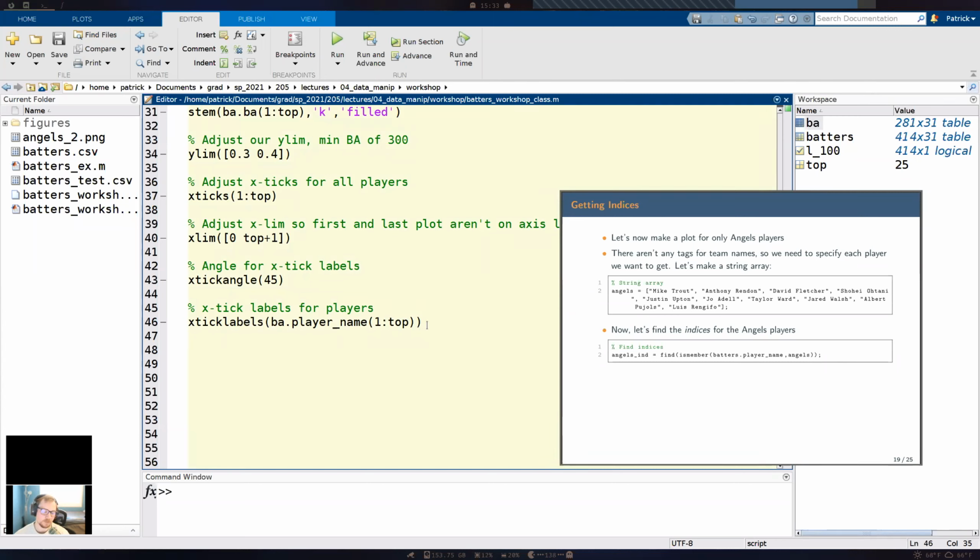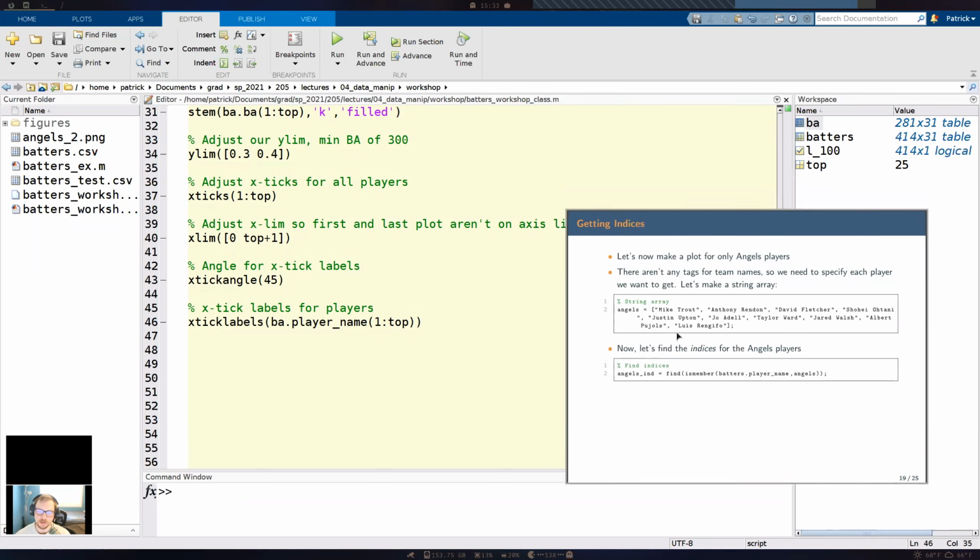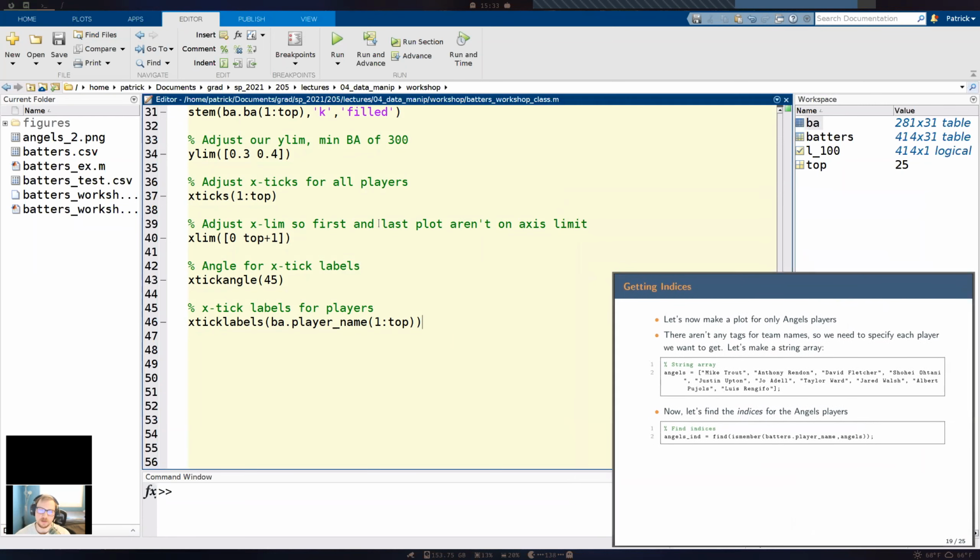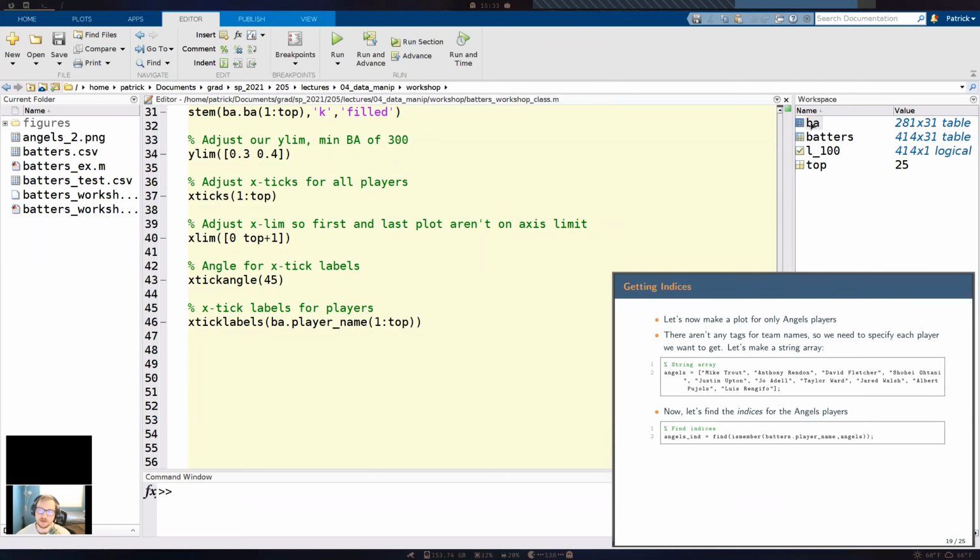We didn't really talk about the difference between a cell array and a string array too much yet. I'll probably save that for another day to highlight the differences more. But basically, a cell array can contain arrays in each cell. It's kind of weird, at least in my opinion, to have a cell array for player names because it's just one value in each cell. We typically use a cell array where, imagine we had a cell array with 5 different cells, and within each of those cells, I can have an entire array.